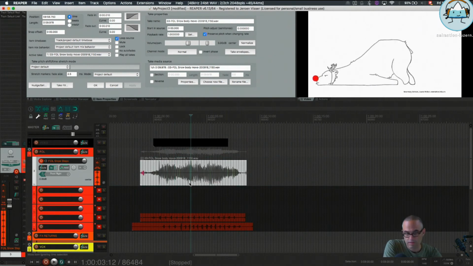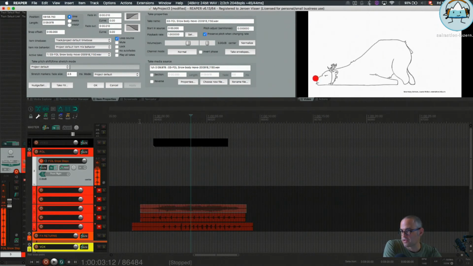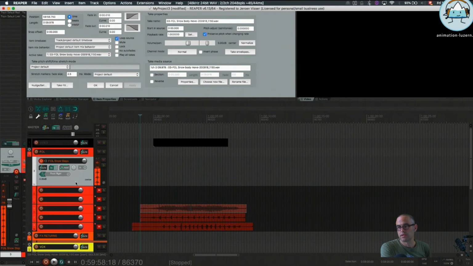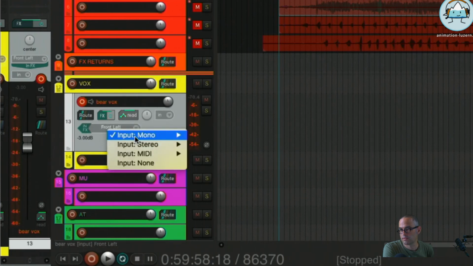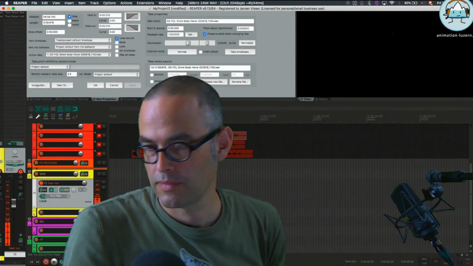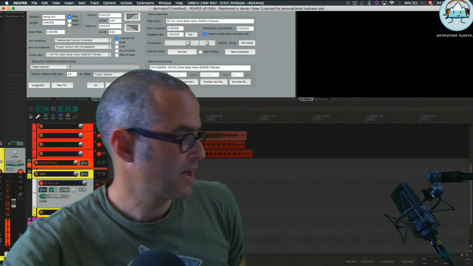This is it. And what you could also think of is maybe record a sound for something like this, like a beer or something. So I deselect this track for recording, and I go down to my Vox, and that's my beer Vox. Rec ready, and front right. You might need to choose front left because it depends where the microphone is connected to. Okay, so when I do my beer sound,